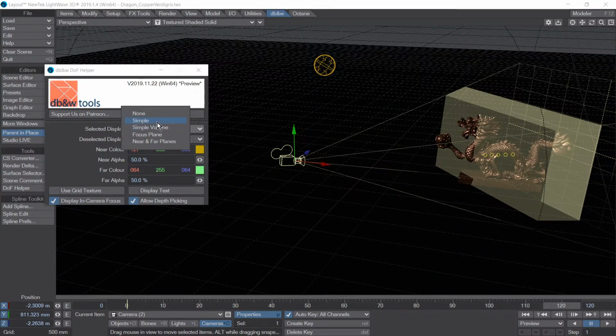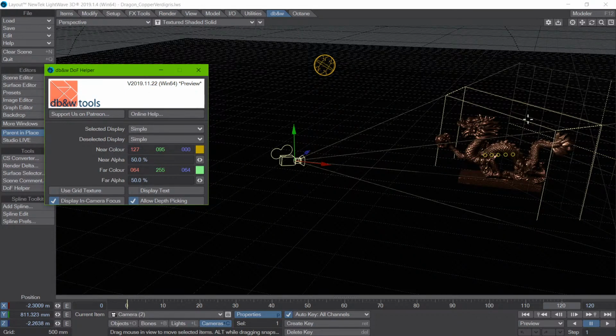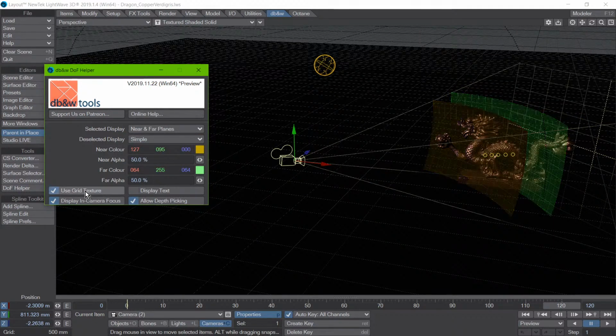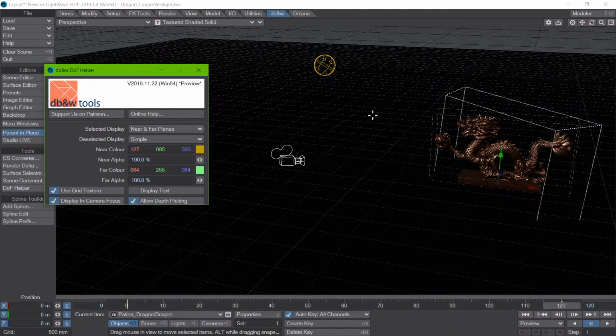And you have the option of just a simple view, which is just wireframe, and turn it off. But the one I like the most is the near and the far planes with the grid. And you can shade the grid as well, as you can see. So that's for the select display. And if I now select an object, like the dragon, you will see that the camera doesn't display anything. And here again, you have the option of